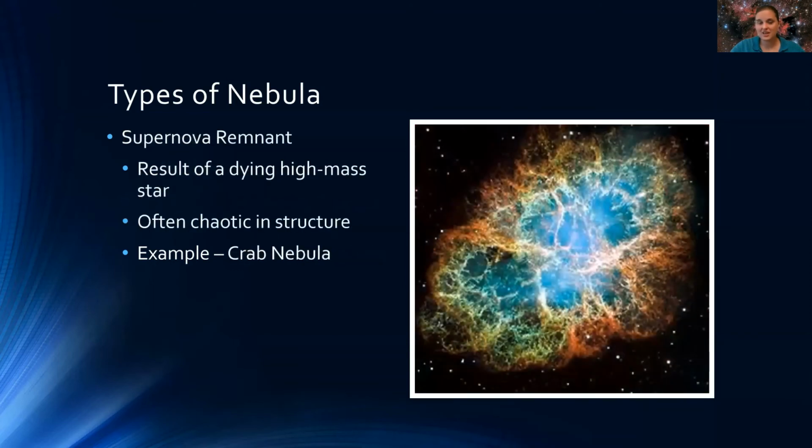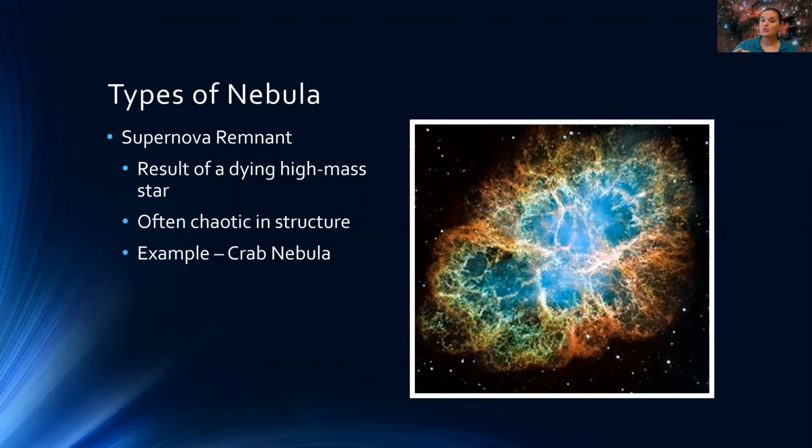And of course, the last type of nebula that you can see is what are known as supernova remnants. They are the result of a high mass dying star. Where a planetary nebula was the result of a low mass star dying, these are the results of a high mass star dying, where basically they go kaboom, and they're very chaotic because literally it's an explosion in space. And they don't have any standard structure, where many of the nebulas prior have these wispy structures and things like that. These are just pure chaos. An example of this is the Crab Nebula, where